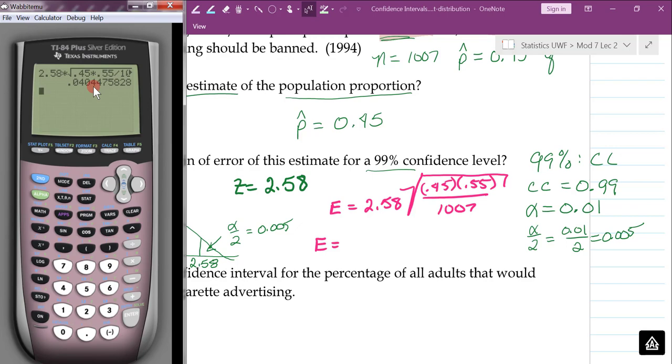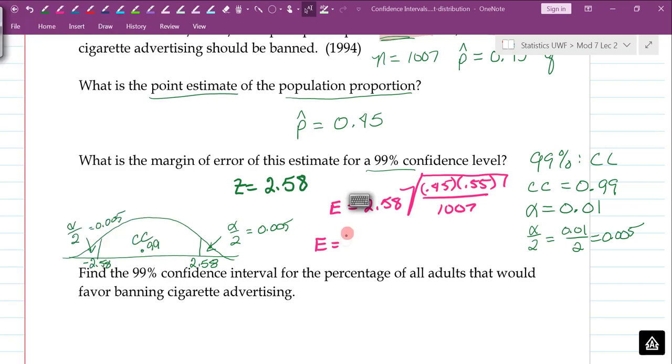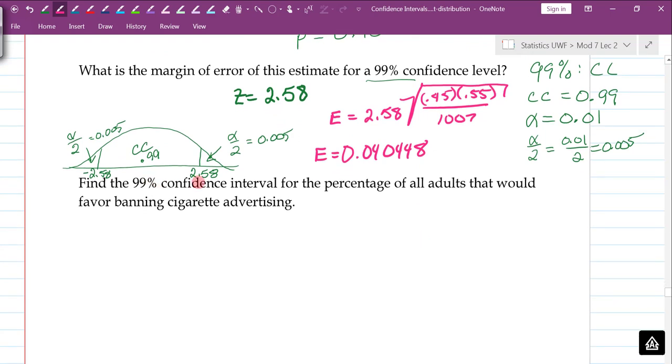So this is going to be 0.040448. So that's 1, 2, 3, 4, 5, 6 decimal places. Okay, very important. And then it says find the 99% confidence interval for the percentage of all adults that would favor banning cigarette advertising. So our 99% confidence interval,